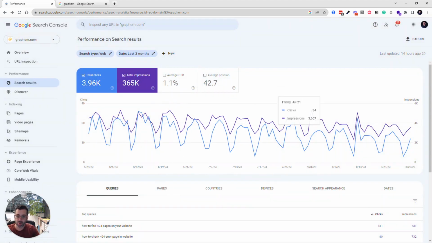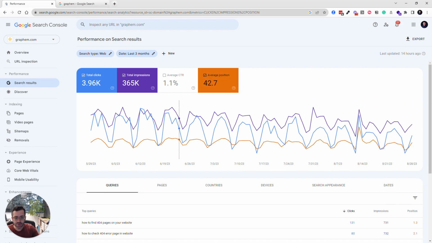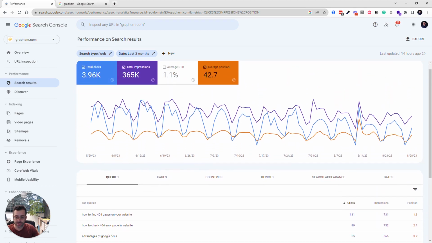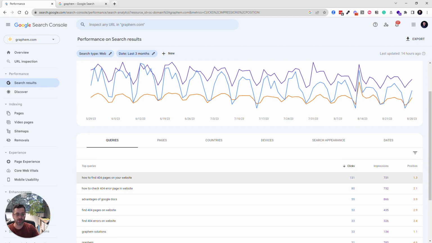But the one thing that people often overlook is this average position, because it kind of shows there, but it's not clicked by default. And this average position right now is your average position for your whole site that you see. Here it's 42. It's for all the queries, all the pages, essentially. But when I click on this, you will see there's something else coming up, and also a new column in this grid here that gives you an average position